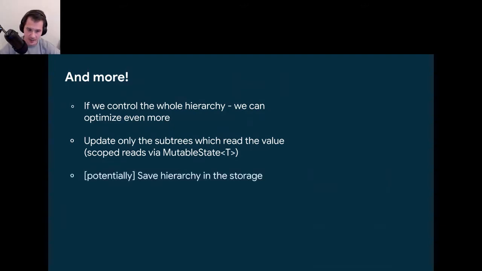Or potentially we can save the hierarchy in storage. You have this whole array. Why not store it somewhere and preserve it, for example, for server-side rendering, right? We don't have it in Compose yet, or we won't have it maybe at all. But the idea is that it's possible to build it, right? Because of these virtual representations, you're able to have full control: store it, restore it, maybe even make some changes on the server side, and then push it to the client again. Something like this.